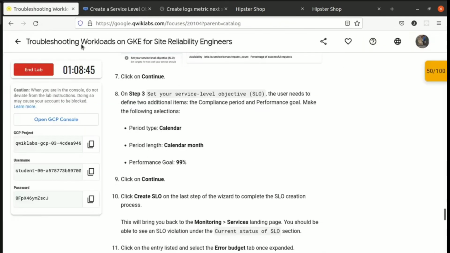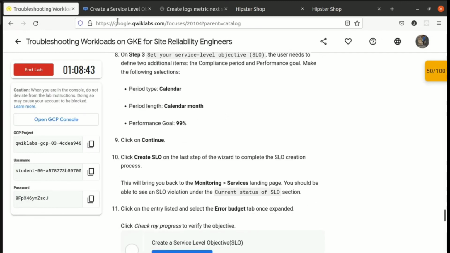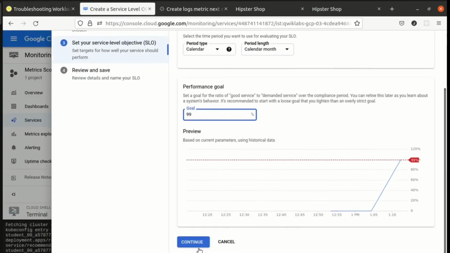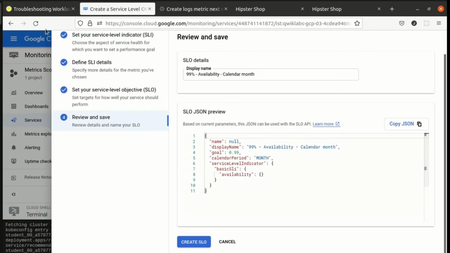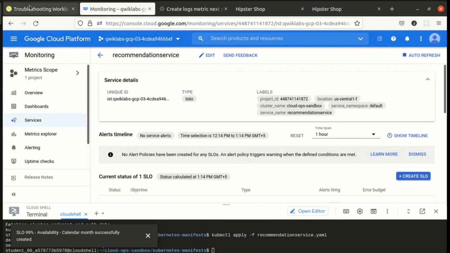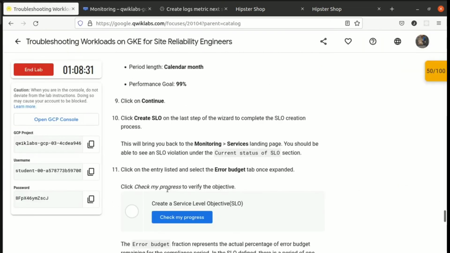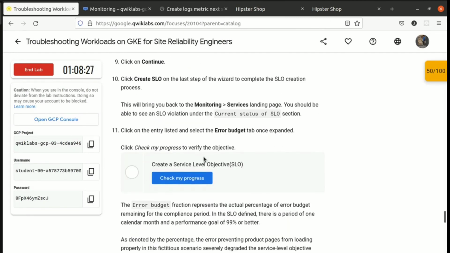Okay, guys, click on continue. Let's click on continue, and after that click on create SLO. We have created the SLO at 99% performance score. This will bring you to the monitoring service. You should be able to see the current status of the SLO.